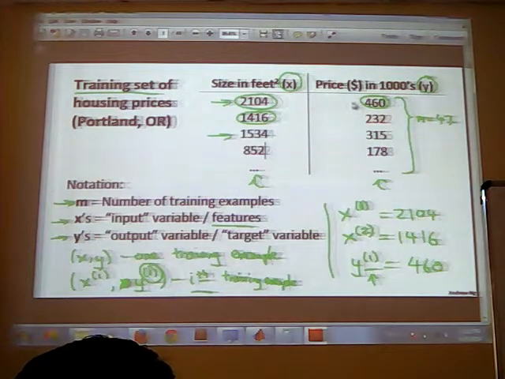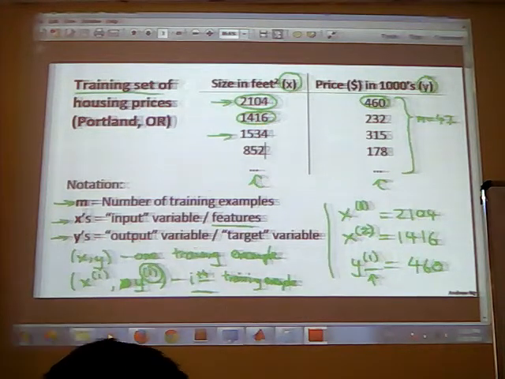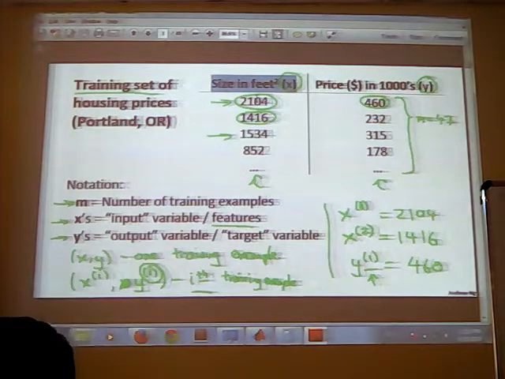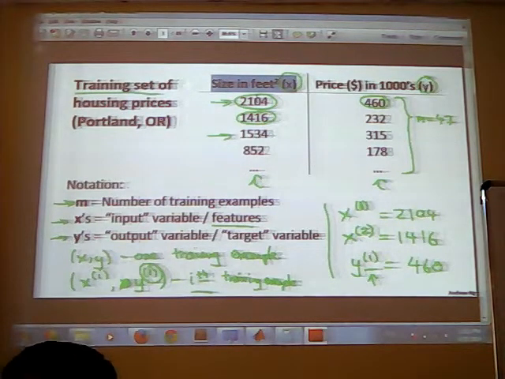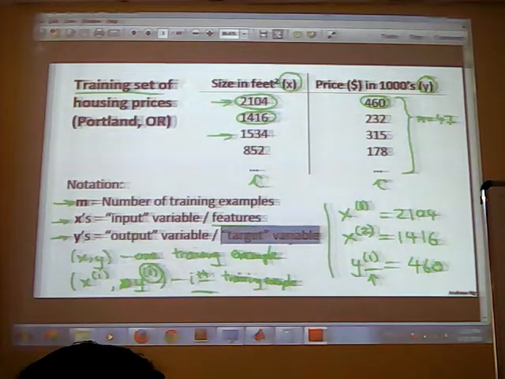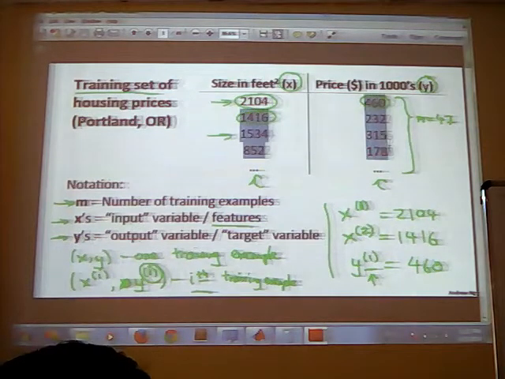What is x? x is the input variable, or you can say this is the feature. According to this feature, we predict the price of the house. And what is y? y is the output variable or the target variable, the value which we are going to predict. These values of y are already given to us, and we have to predict some more y's according to our given x.